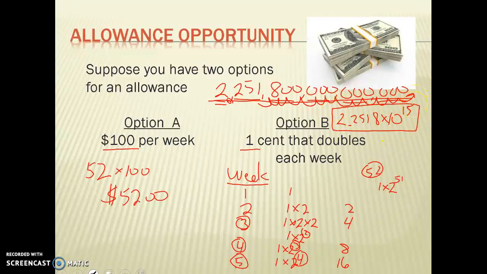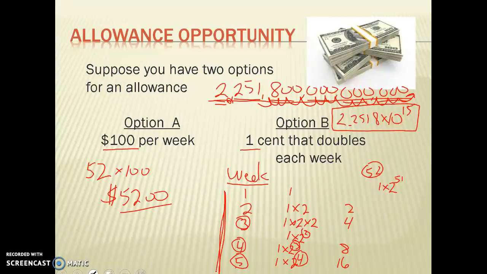Now remember, that's just what you would get on the last week of the year. That's not the total. That really does beat the $5,200 that you would get if you only got $100 a week. This comes about because this is called exponential growth. We're going to have a unit later on this semester where we talk about exponential growth and how it starts